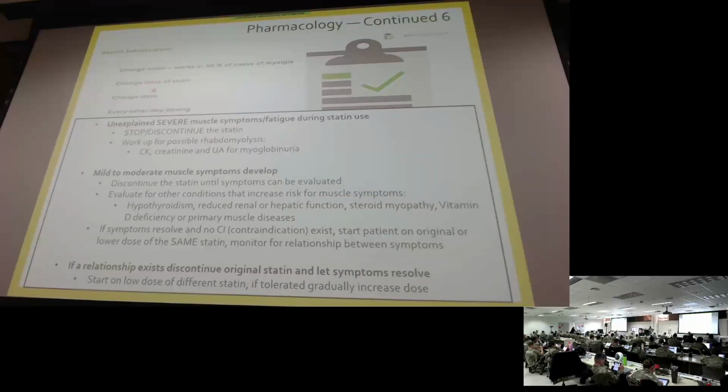Then, I kind of put these together, but here you see you're changing your class. So let's say I was in a high, now I need to go to a moderate. I was in a moderate, now I need to go to a low. That's something that can also happen, which is similar to changing the dose, right? Not necessarily always the case, because I could be in my range of what would be considered a moderate,